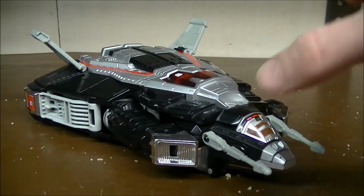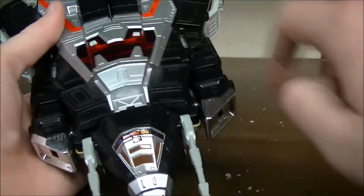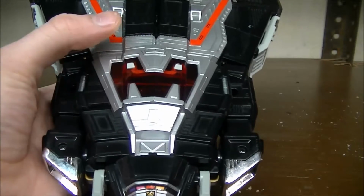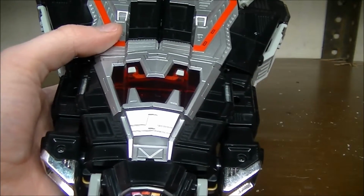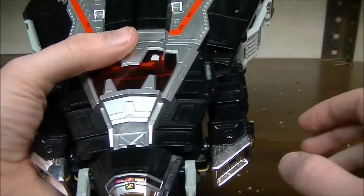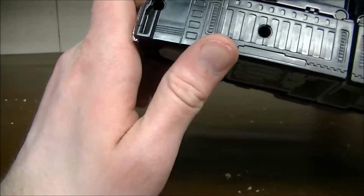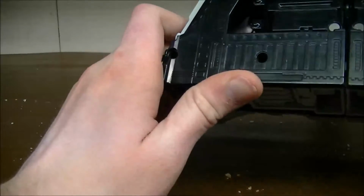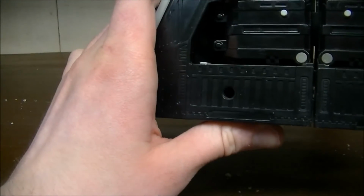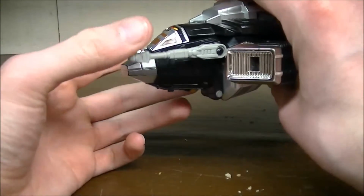So yes, here is the Mega Shuttle, or the Delta Megaship mode. As you can see here, the nice big red M for Megaranger that was on the Astro Megazord as well. Some nice red stickers here. I think the only stickers applied on mine are the factory stickers. Everything else is not applied, because there should be some red stripes on the fist of the combined robot, which we'll get into later. I'm missing stickers all over the place. Anyways,